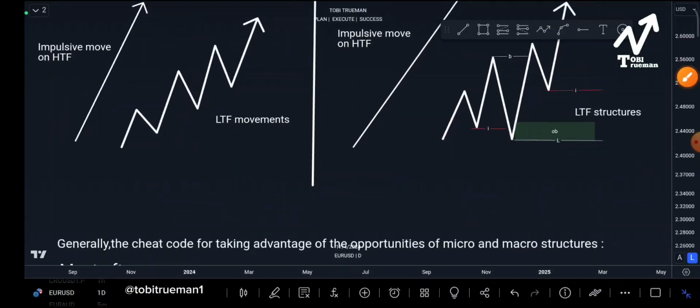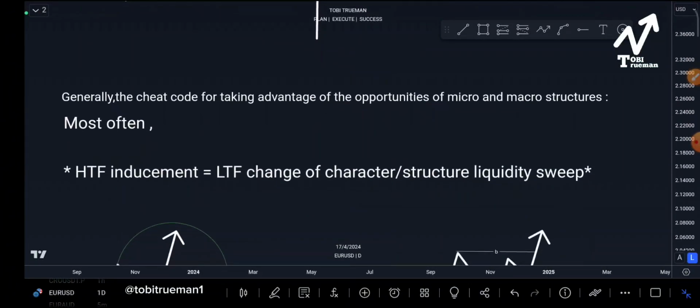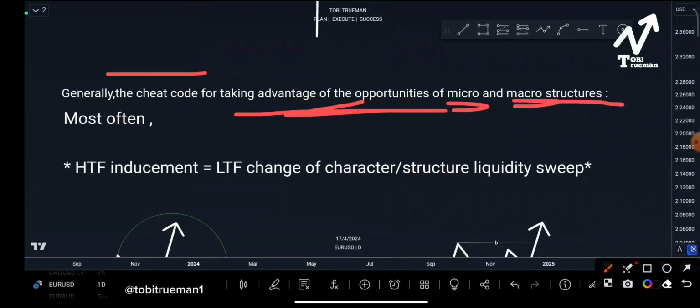So let's go into this particular dynamics of market structure proper. There is some cheat code. Generally, the cheat code for taking advantage of the opportunities of micro and macro structures is this. Most often, this doesn't happen always, okay? Don't get confused. But most often, by the time you see that after you have marked out your market structure